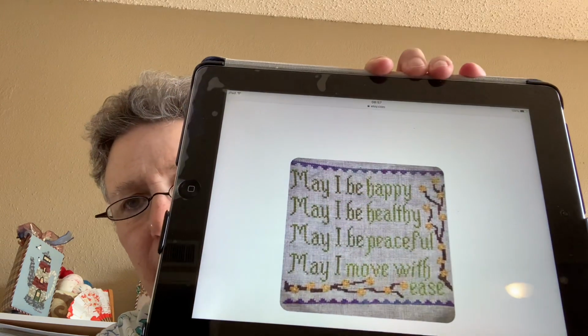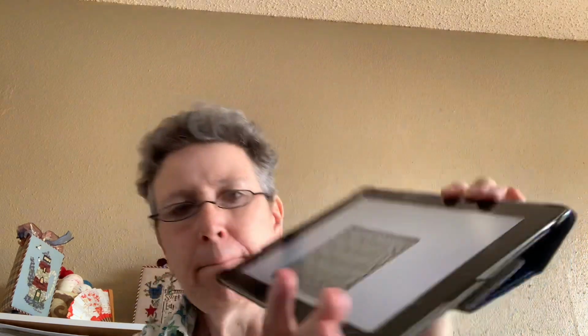Oh, here's somebody else who did a slightly different colorway, with yellow flowers instead of pinky peachy flowers. So you could pick whatever colors you want, and if you wanted, I could see it would be pretty easy to change a couple of the words to something that was important to you to remember. Anyway,